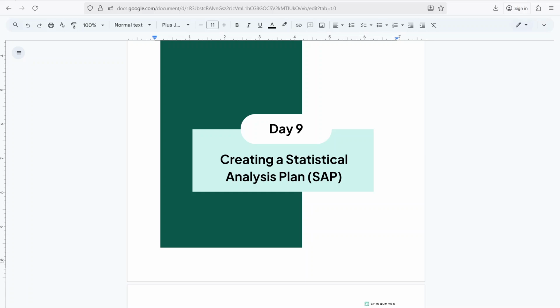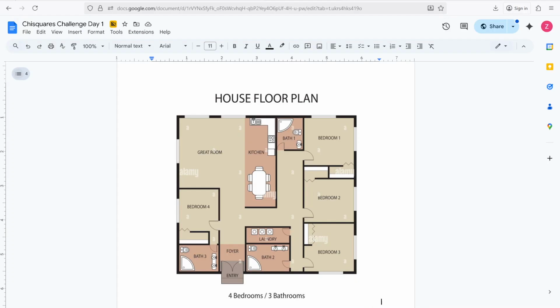Welcome to day 9. Today we'll be talking about creating a statistical analysis plan. The question that naturally arises is, what is a statistical analysis plan and why do we need it? Well, to help us understand that better, let us consider the same reasons we need a plan when building a house. We need a plan because we need to communicate with the owner of the house and